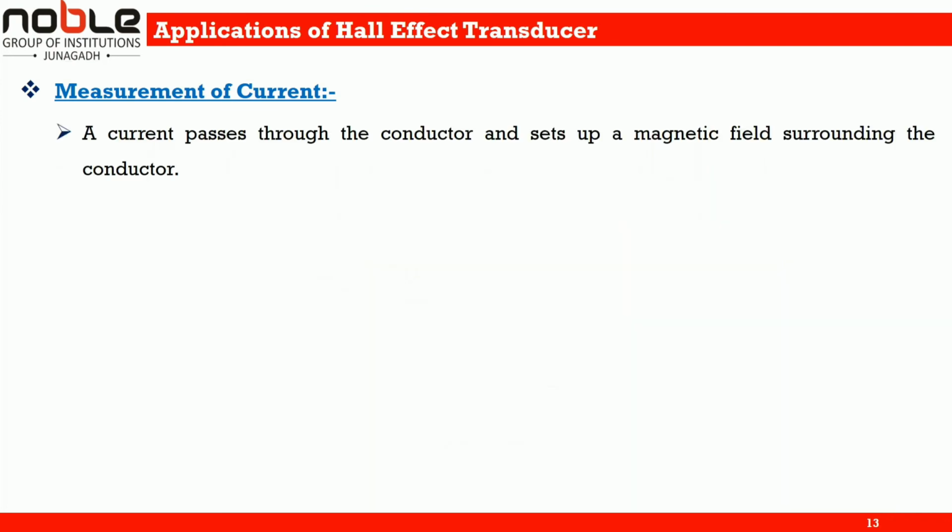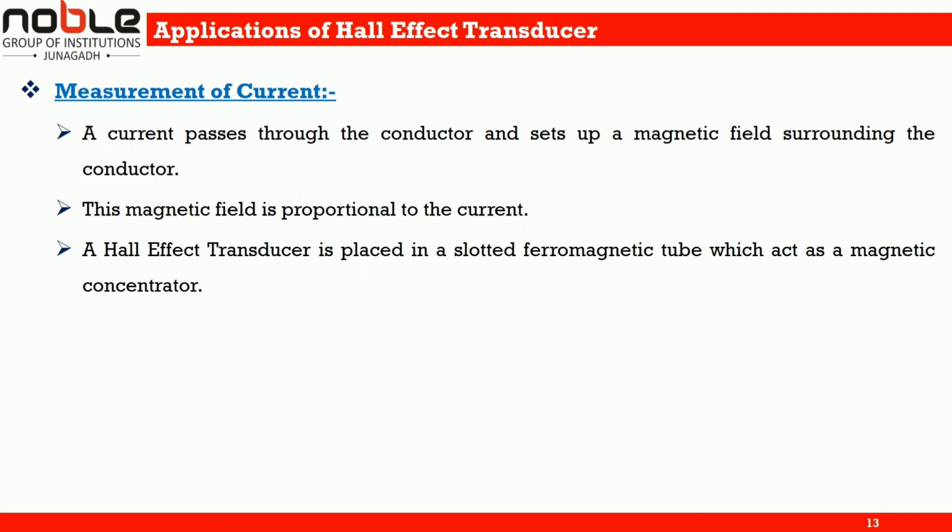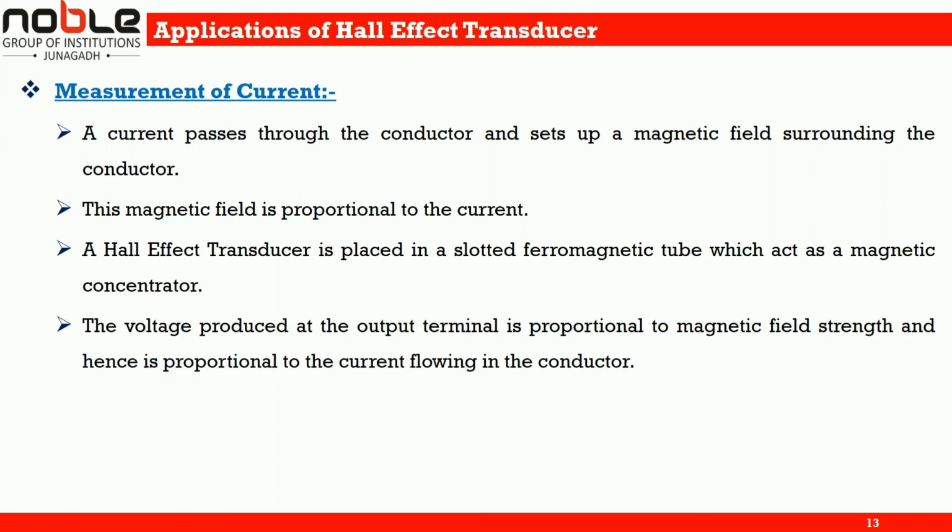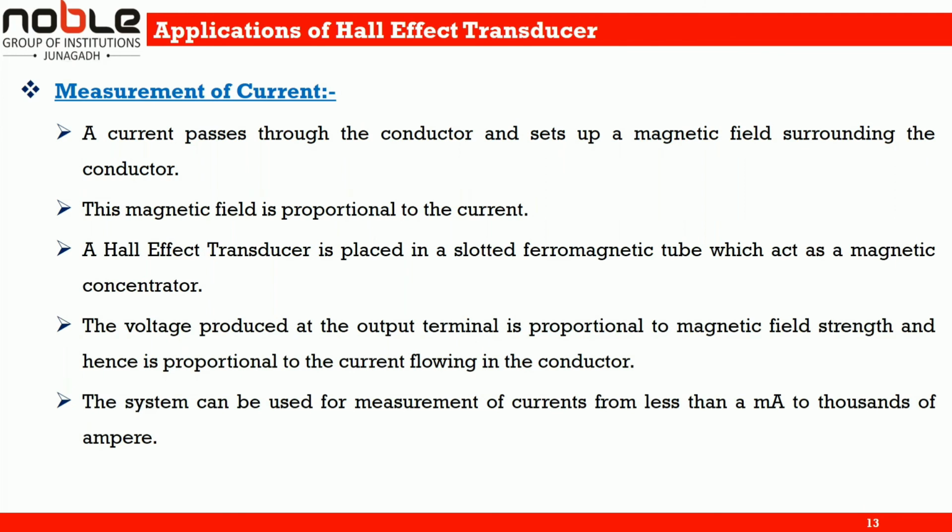So we can say that a current passes through the conductor and sets up a magnetic field surrounding the conductor. This magnetic field is proportional to the current. So a Hall effect transducer is placed in a slotted ferromagnetic tube which acts as a magnetic concentrator. The voltage produced at the output terminal is proportional to the magnetic field strength and hence is proportional to the current flowing in the conductor. The system can be used for measurement of currents from less than a milliampere to 1000